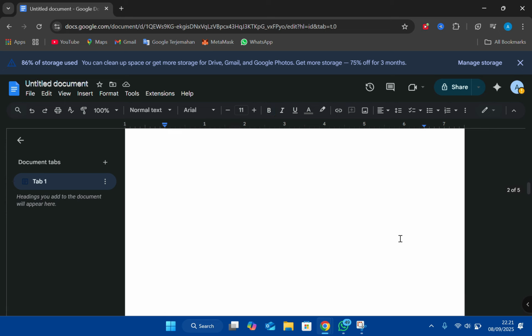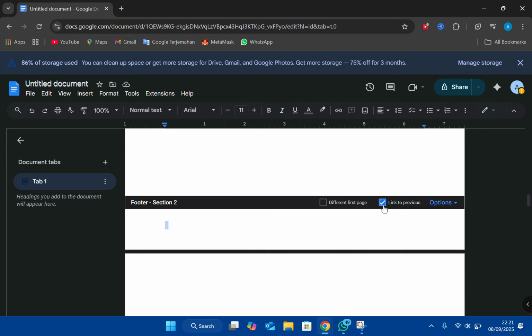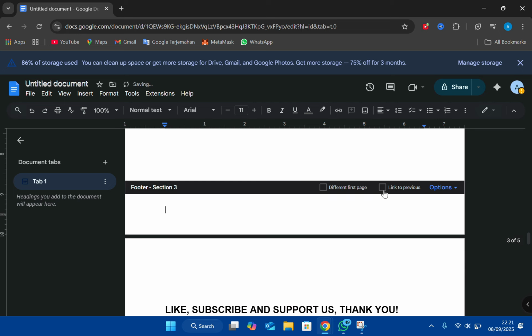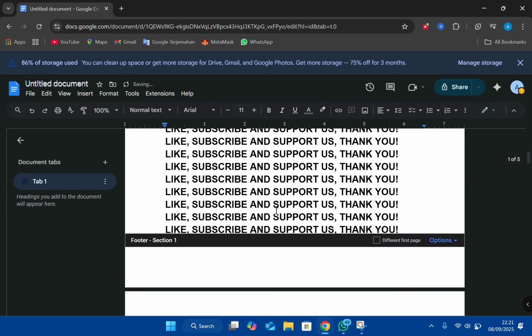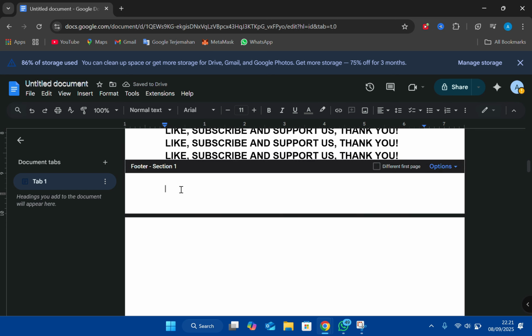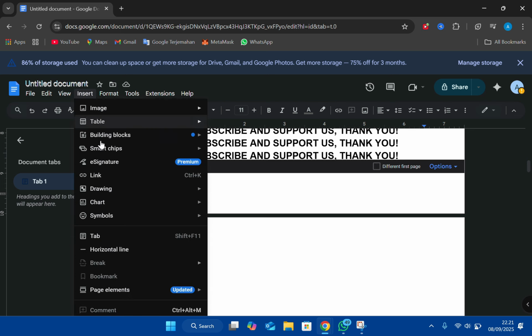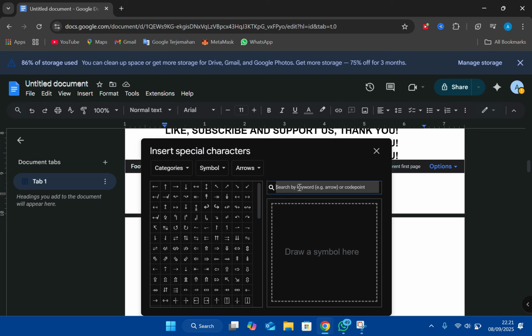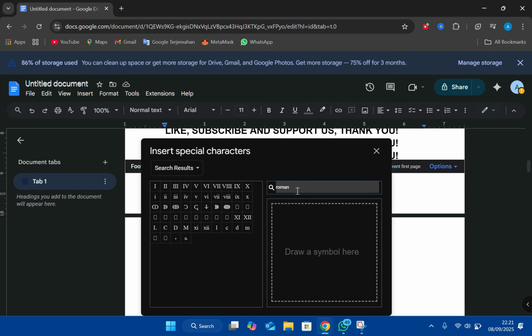And then in the next page you can just uncheck here, link to previous. Then you can go to your footer, and then you can click insert here, and then you can click symbol, and then special characters, then you can search Roman, and then you can place the number here like this,